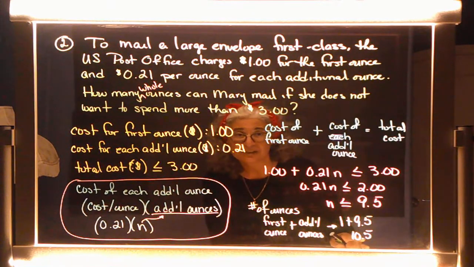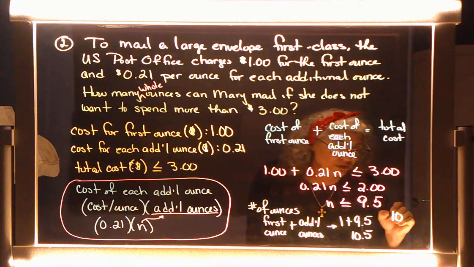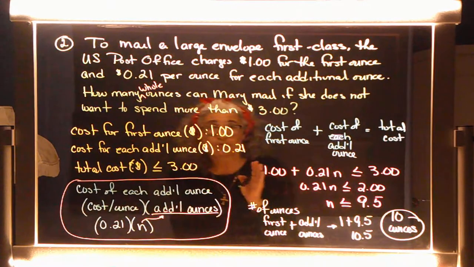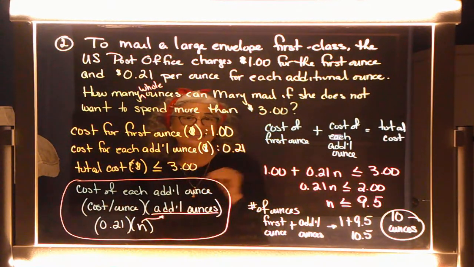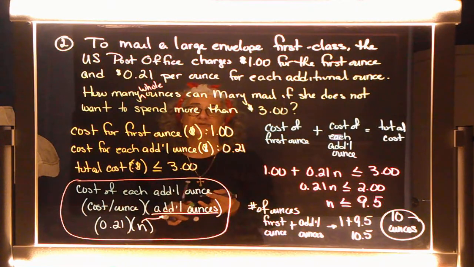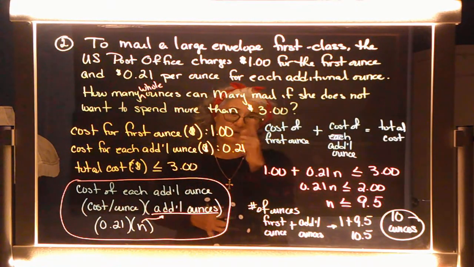She can only send 10.5 ounces at the most, which means in this case, I have to round it down. So the number of ounces she could mail at most is 10 ounces. She can only mail 10 ounces at the absolute most. 11 ounces will throw her over the $3. Good? Does this make sense? Okay, got one more story for us, so